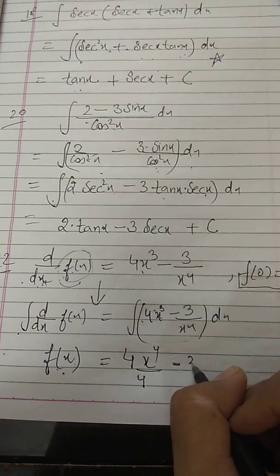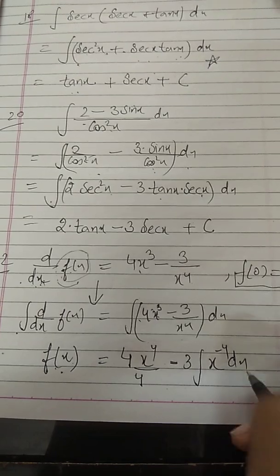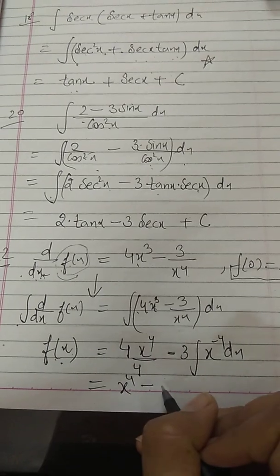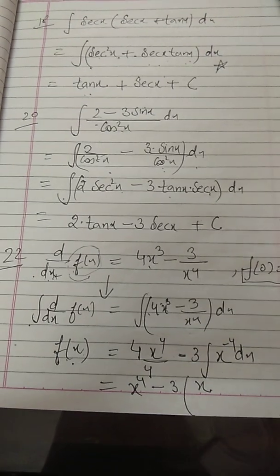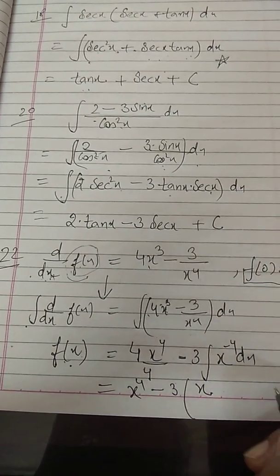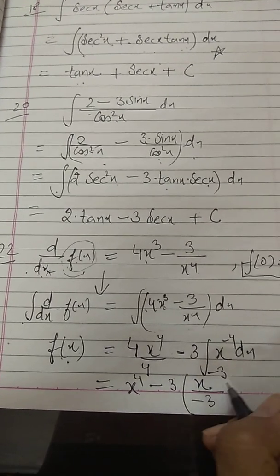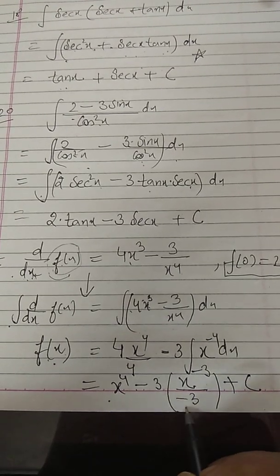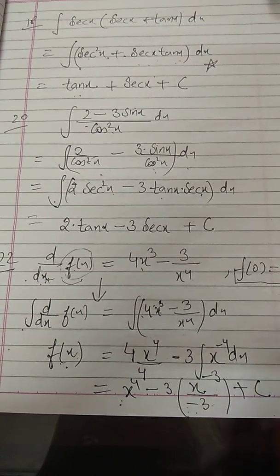so this 3, okay, let me do one more step. It will become x raised to power minus 4 dx. So what is left here? We are getting x raised to power minus 4, and when we do the integration, the power will increase by 1. So minus 4 plus 1 becomes minus 3, divided by the increased power, plus the constant of integration. So we are left with x raised to power 4, minus minus plus 3 cancelled, so it will be x raised to power 4 plus 1 upon x cube plus c.